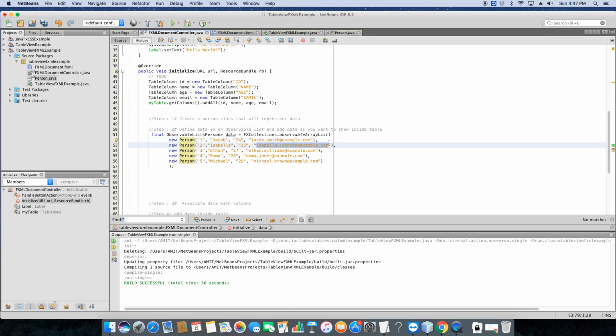Okay, so we have prepared the observable list with the data. So this data object contains the person class objects, and each is representing a single row. Once we have done this step, now we will move on to the next one. In this step 3,